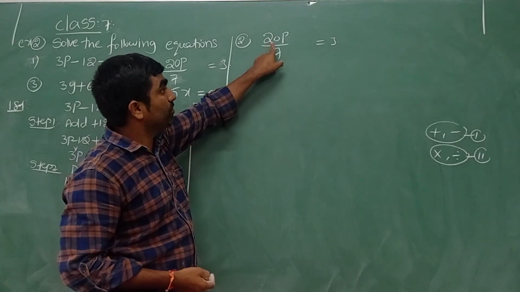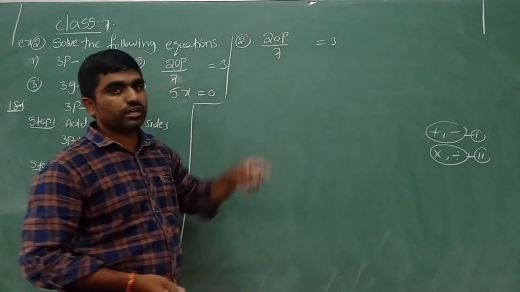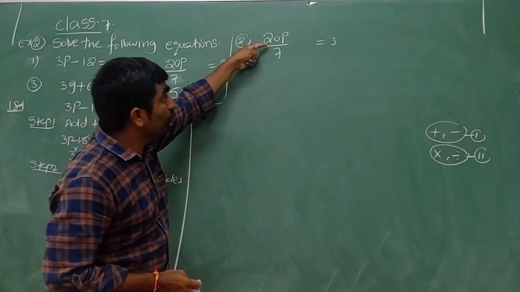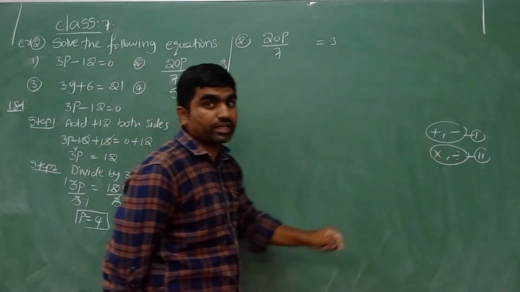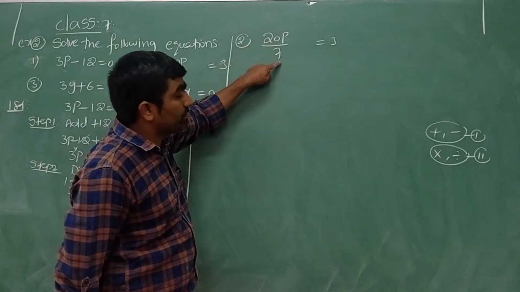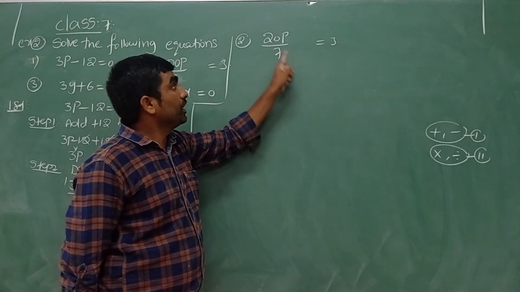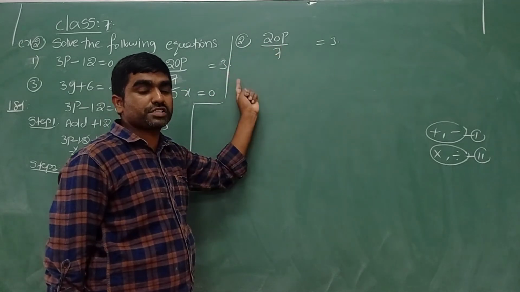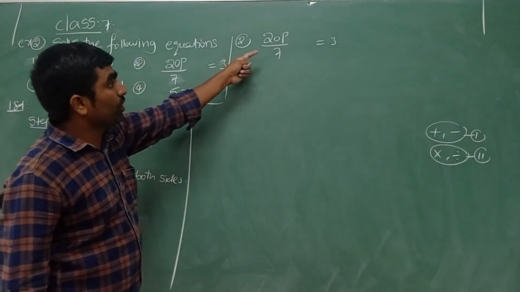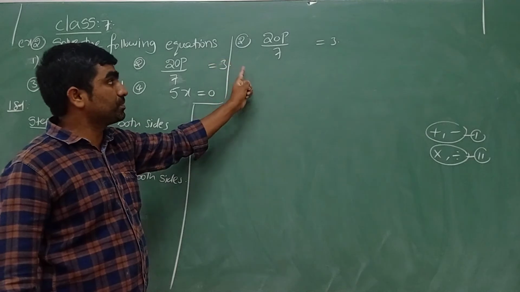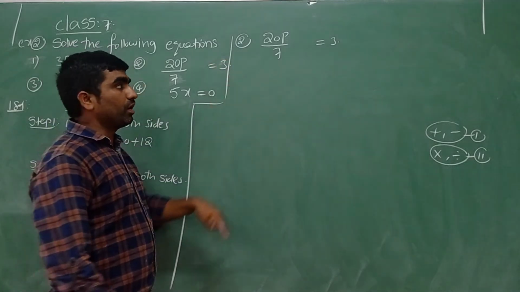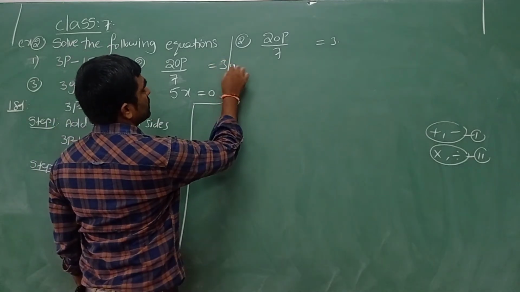Then we think about the 20 which is along with the alphabet. So how can I remove this division by 7 then? To remove this division, we can go with multiplication. So to remove this division by 7, we can multiply. Into means divide, plus minus we can do. So now division by 7 is there, to remove this we can multiply by 7 on both sides. Multiply the same number 7 on both the sides. So the solution here.